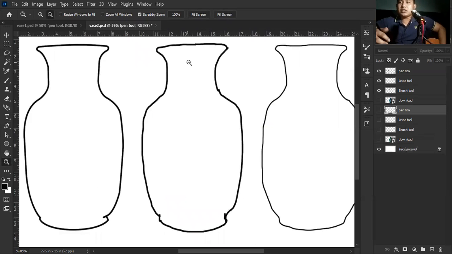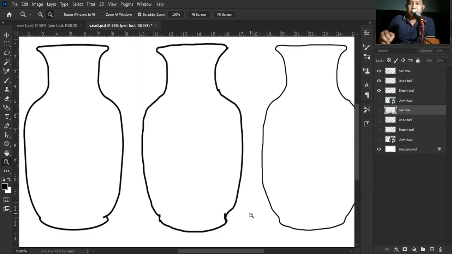When I use the lasso tool for making a line art or making a shape, I noticed that there's lots of squiggles on it, and no matter what I do, there's always something like that. And then next, compared to the brush tool, it's a little bit more refined compared with the lasso tool.